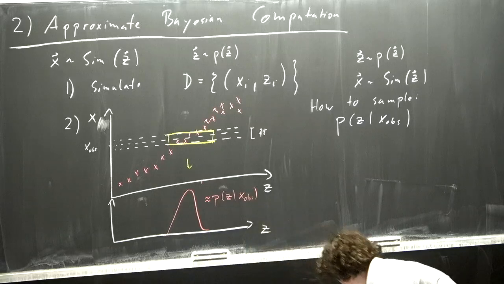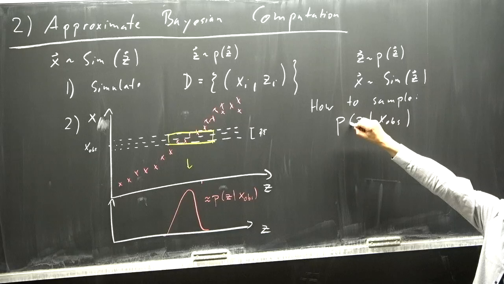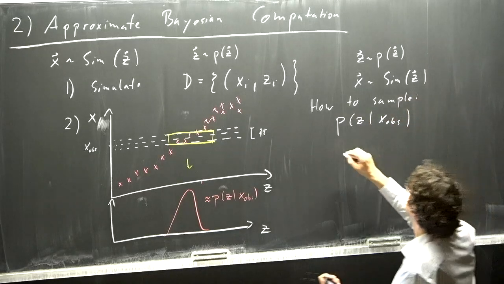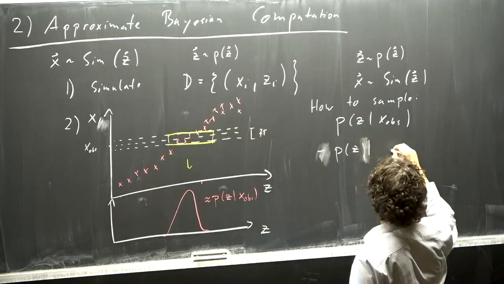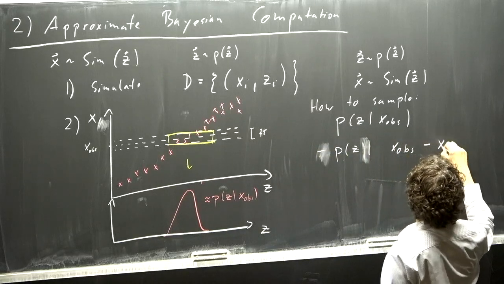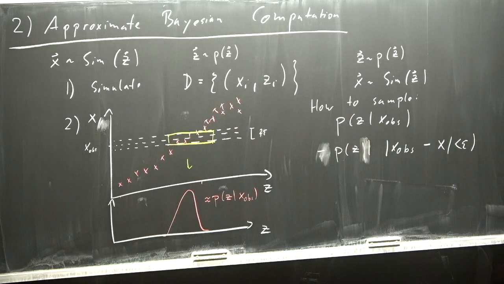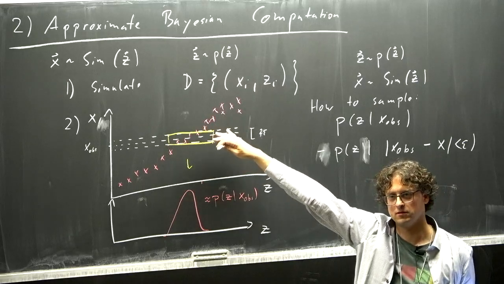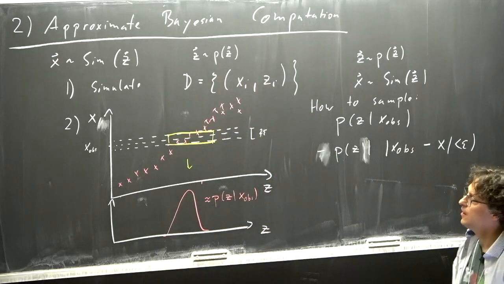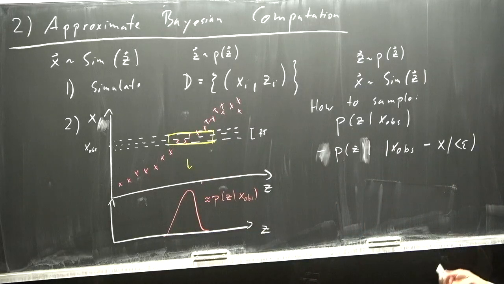It's an approximation because what we actually sample is not the probability distribution of the parameters given the observation, but the probability distribution of parameters given that the observation is close to x. Okay, so it's a slightly weaker criterion. If we would let epsilon go to 0, we would get the correct posterior back, but then we wouldn't have any simulations left. So there's, in this context, a trade-off between how many simulations you have to make your posterior versus how precise your posterior actually is.